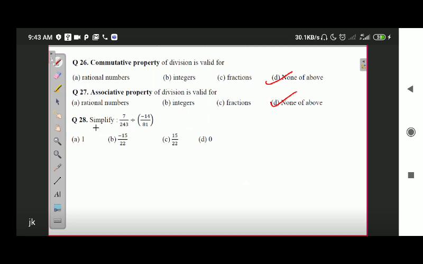Okay. Next is you have to simplify. You have to perform the division. So as I have discussed earlier, how do we do the division? We change the sign in between to negative and we make the second number as reciprocal. This will be 81. Negative sign will be at the numerator only, upon 14. So 7 2s are 14